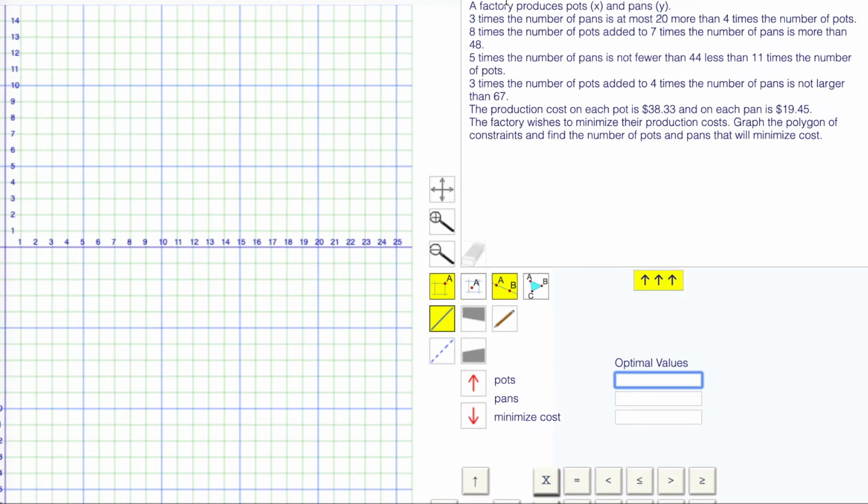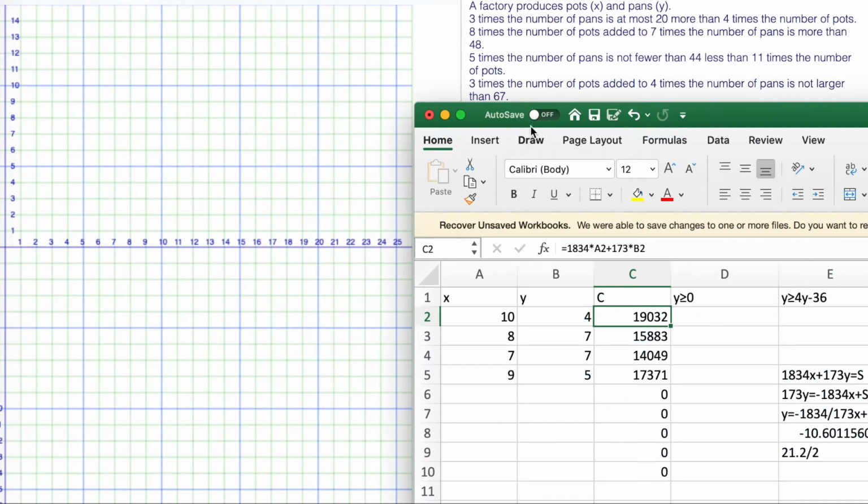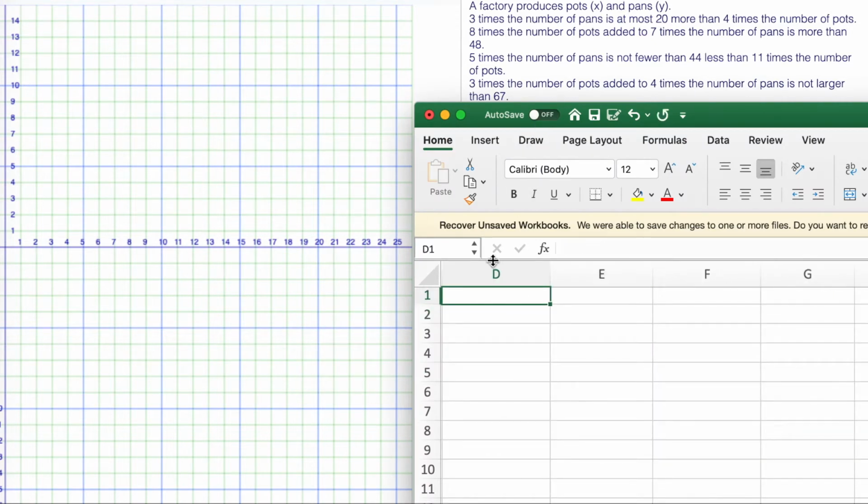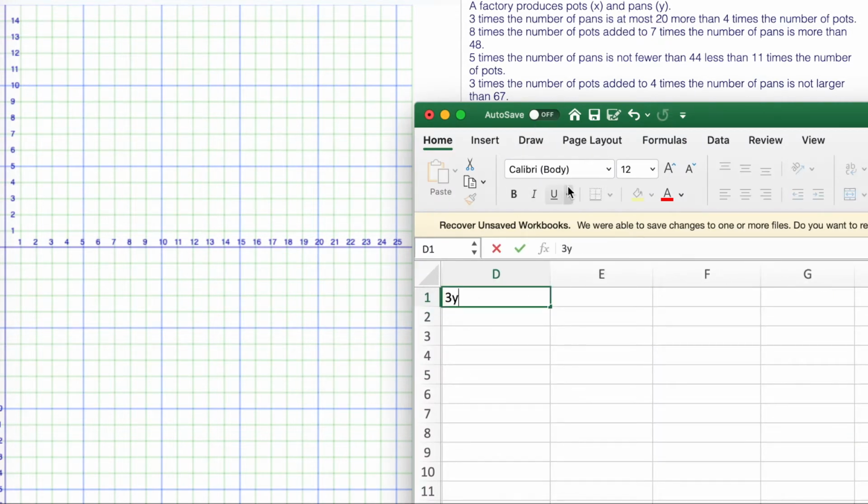Here's a level 11 type question. A factory produces pots, X, and pans, Y. 3 times the number of pans is at most 20 more than 4 times the number of pots. In a spreadsheet, I'm just going to put all my information. 3 times the number of pans, that's 3Y, is at most, so that means less than or equal to 20